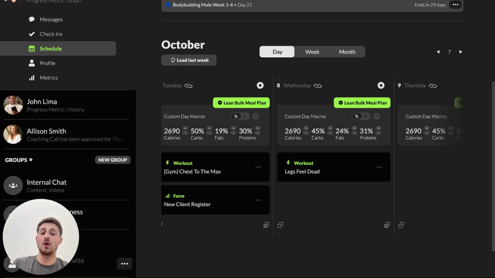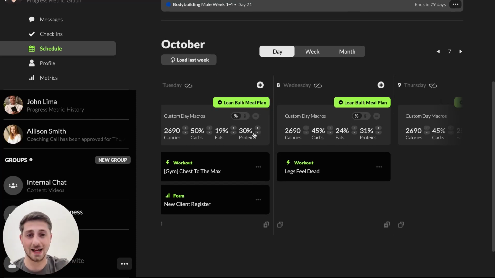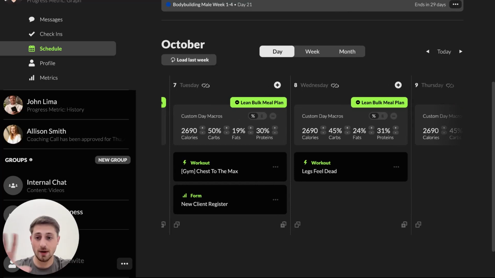So in MyCoach Ai, whether you work with meal plans or macro tracking, we do it all within the same platform. So yes, your client can track their macros directly in their app. And it means having access to the whole food database, even scanners like barcode scanners, nutrition labels, all of that included. And yes, you can build and use your meal plans inside of MyCoach Ai as well. We even have auto meal plans. We just posted a video on that too. I could spend hours and hours talking about that. But there you go. Nutrition also included in the same system.